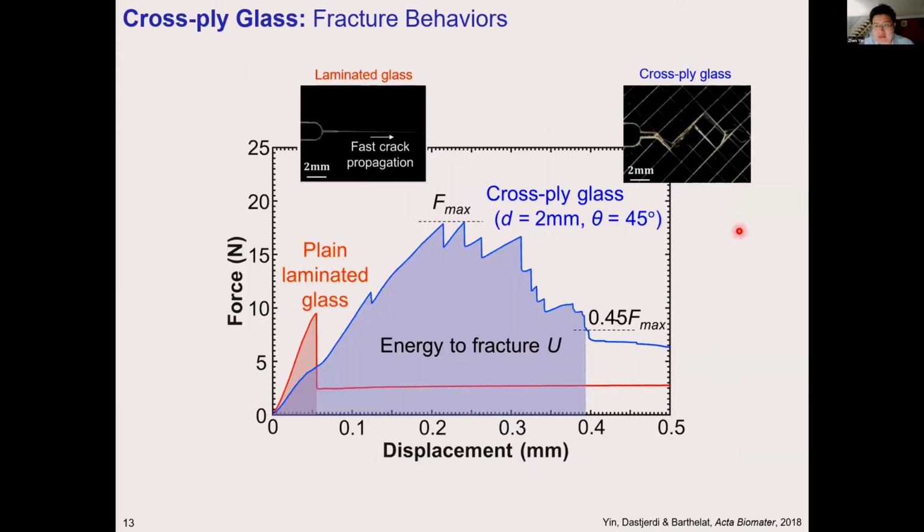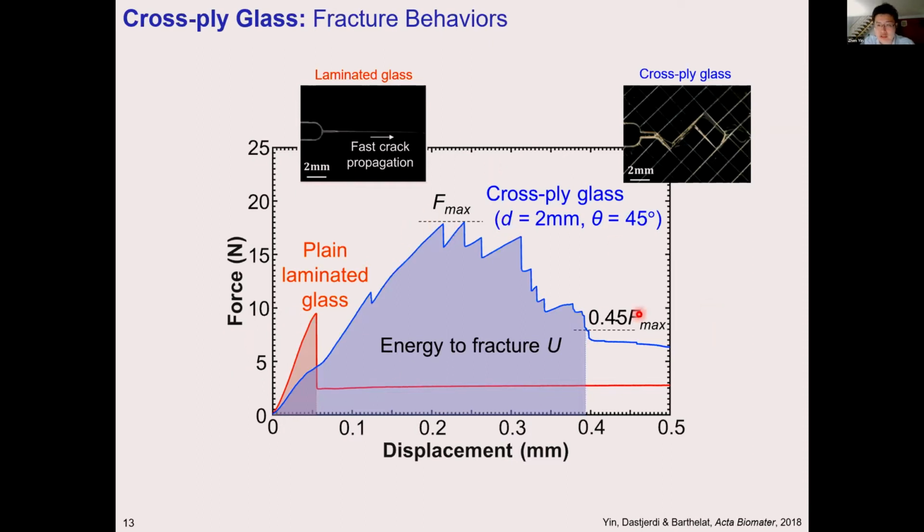So we further examined the fracture behaviors of the cross-ply glass. As you can see in the laminate glass, we have a fast, unstable crack propagation, because there is no toughening mechanism. But in cross-ply glass, we have a very stable crack propagation. The crack propagation is hindered by crack bridging, crack deflection, as well as interface shearing. And what's interesting is we got both an improved crack initiation toughness and also a crack propagation toughness,